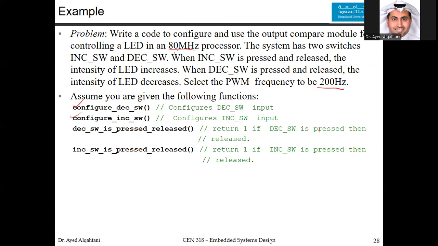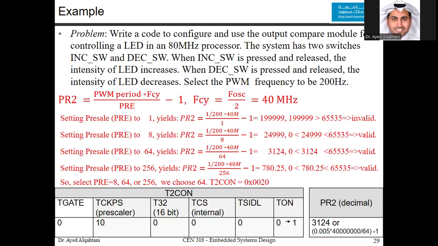Let's try to solve this. We start by setting up the timer, the same way we've just talked about. So we have PR2 equal to the pulse width modulation period times FCY divided by the prescaler minus 1. And FCY is FOSC divided by 2, which is going to be 40 mega since we have 80 meg here. Now we need to find the appropriate prescaler that we want. From this, we plug in the value of the